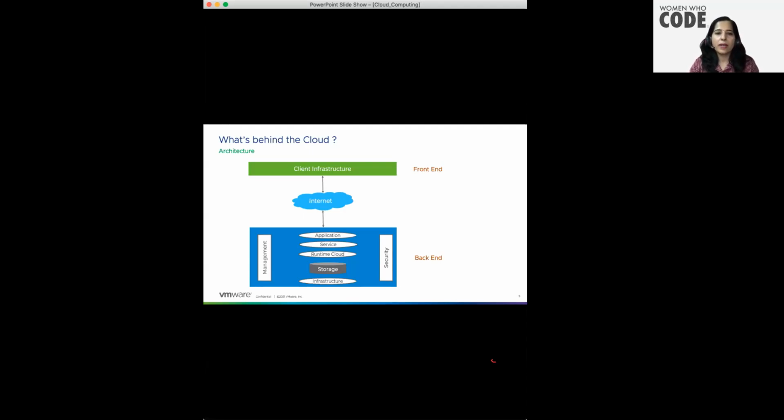Now, if I go to the back end, the back end refers to the cloud or the main infrastructure, which is used and managed by the service provider. It contains all the resources, the management of the resources, and also provides a security mechanism. It includes storage, virtual applications, virtual machines, traffic control mechanisms, deployment models, etc. So it's a combination. It has multiple components. Now let's go through these components one by one.